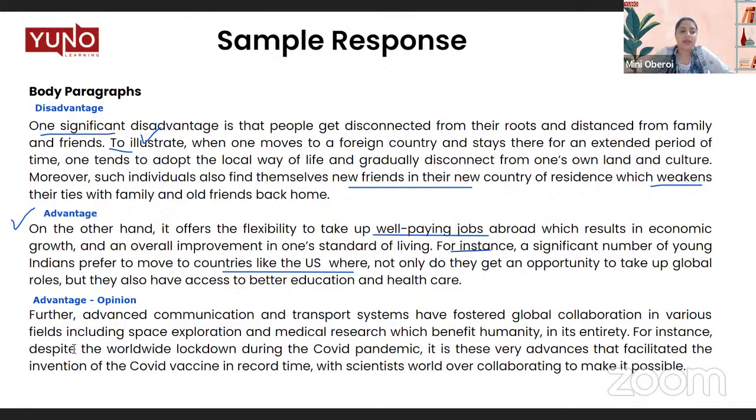For instance, despite the worldwide lockdown during the COVID pandemic, it is these very advances that facilitated the invention of the COVID vaccine in record time, with scientists the world over collaborating to make it possible. Isn't it? Scientists all around the world were trying to research on it,